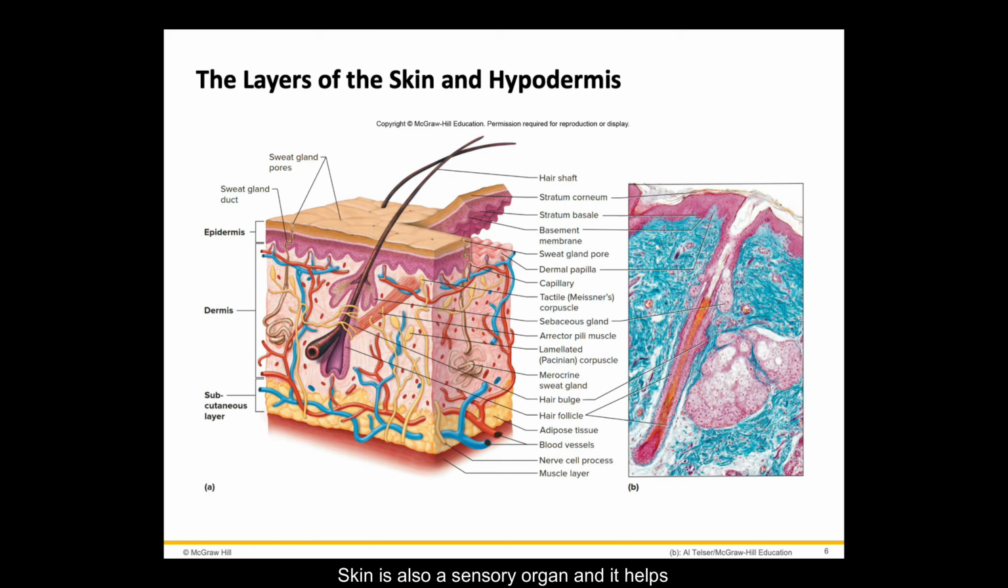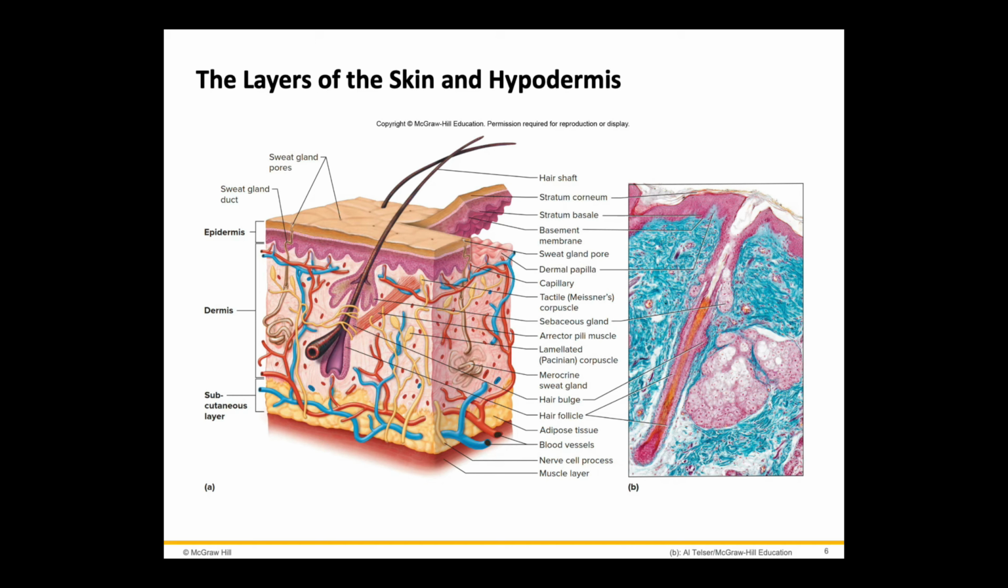Skin is also a sensory organ, and it helps us sense changes in temperature, pain, and pressure. If you look into the dermis layer, you find at least three types of receptors there. First of all, you have free nerve endings, which act as receptors for pain and temperature. Then you can also see that some nerves toward the end have these bulged structures which are called corpuscles. There are two types of them. You have the tactile or Meissner corpuscle, which is closer to the skin surface. They detect gentle touch and